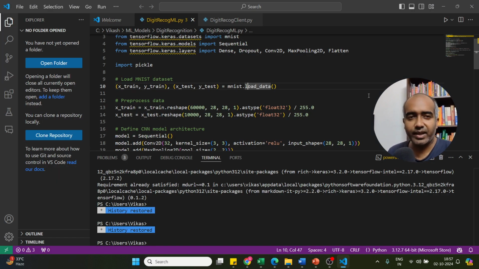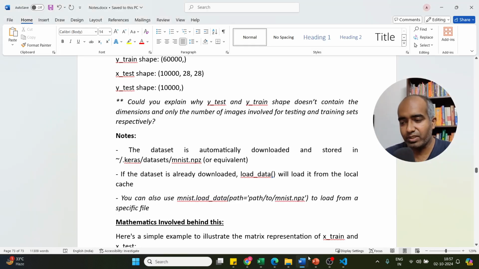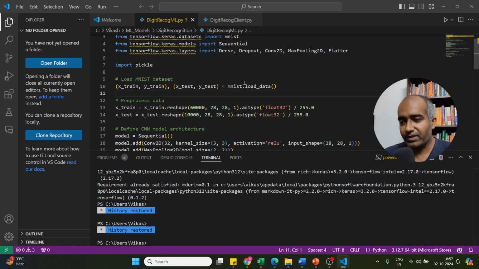Hello friends, welcome back to this next video on digit recognition, the machine learning model we are studying. In the previous video, we saw what MNIST is and what load data does and what it returns. There are a few other facts related to MNIST that I'm going to tell you, and after that we will see the next two lines, what they mean and what they do. So in today's video, I'm going to tell you the rest of the facts related to MNIST, and